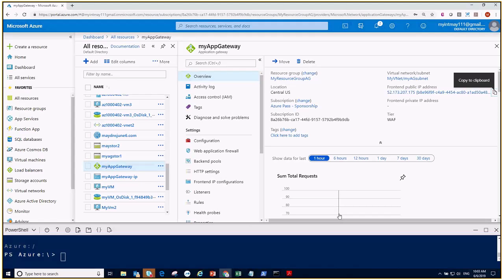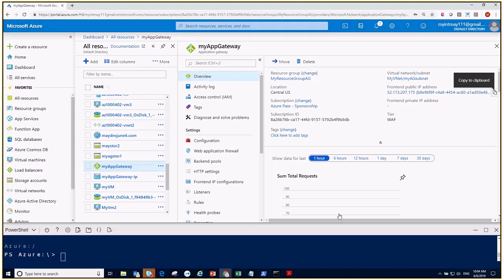When we create the application gateway, we need to make sure that it is using Windows firewall. That's why we installed IIS on the VMs after we created the gateway. And once we have that, we need to make sure